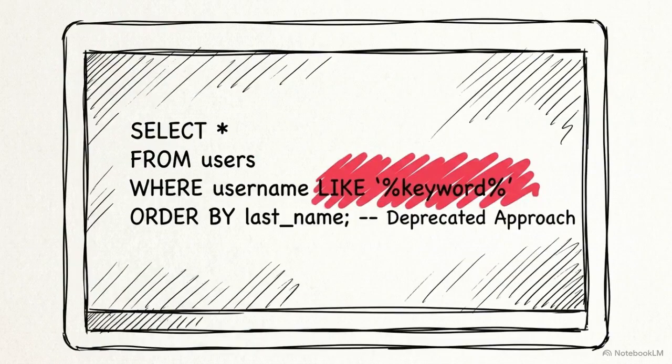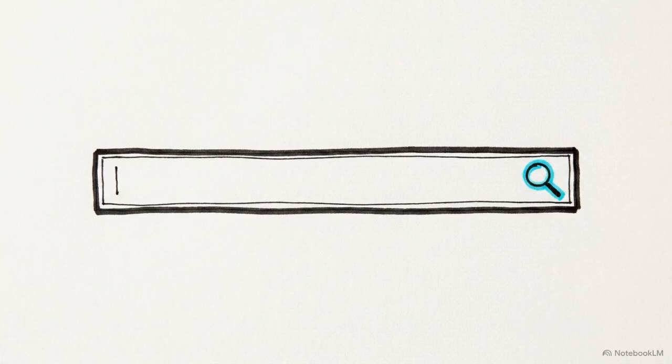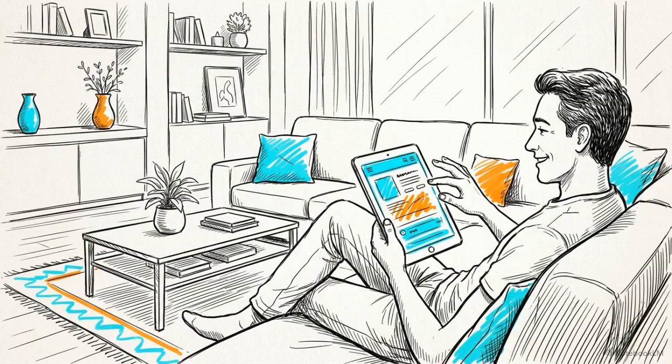The transition from a single table SQL query to a decoupled, tokenized, and mathematically scored hybrid architecture is a significant architectural lift. A search box is not just a UI component, but the entry point to an intelligent, asynchronous pipeline. Superior search engineering turns a basic lookup task into an intuitive, frictionless discovery process.